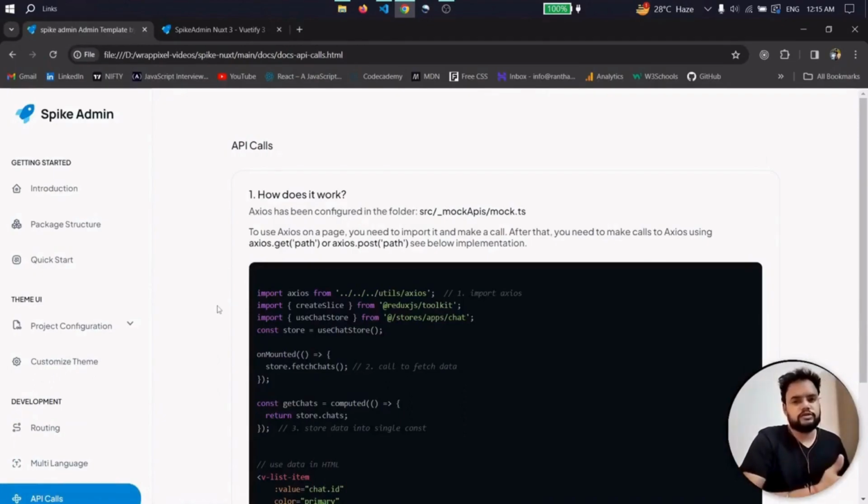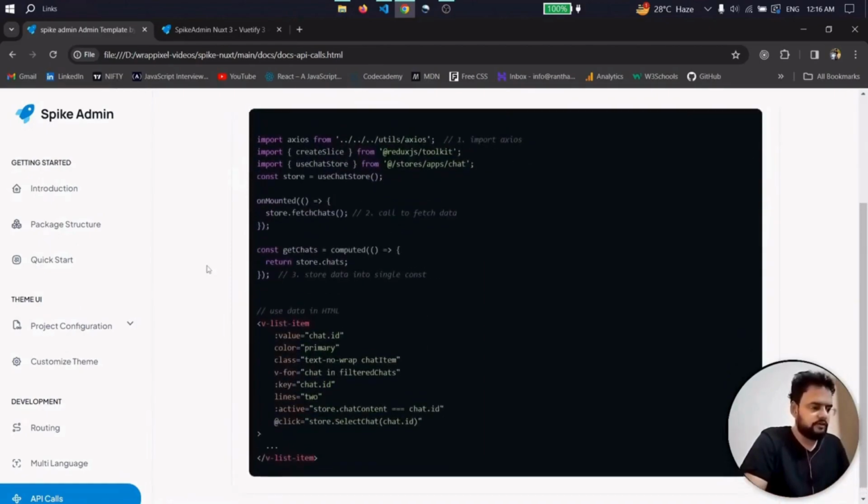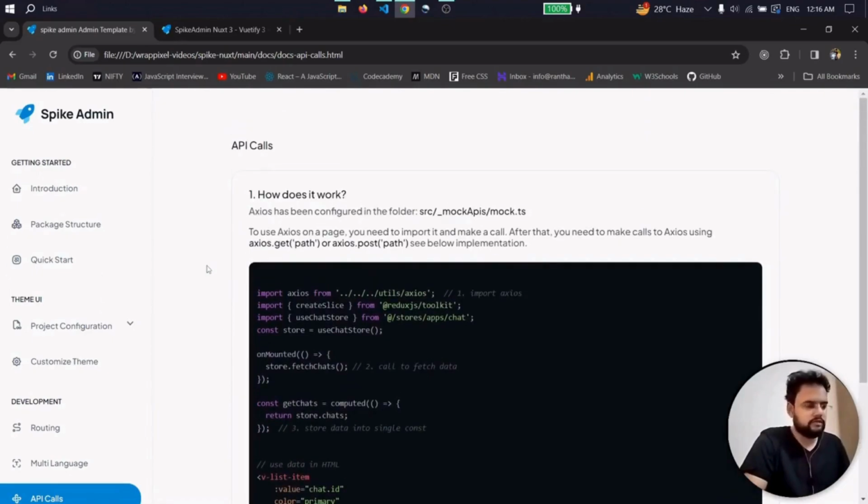This project is also using Axios to fetch data and to send data, to manage basically API calls. Axios is basically a library, so it's pretty simple and straightforward. If you want to use it, you can use it, and if you don't want, then it's up to you. So this is how you can manipulate and use the